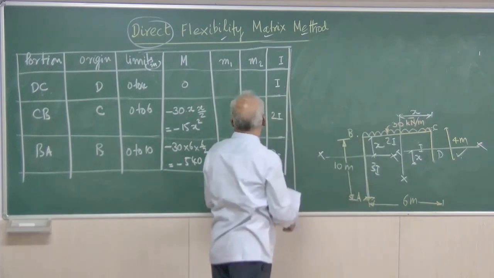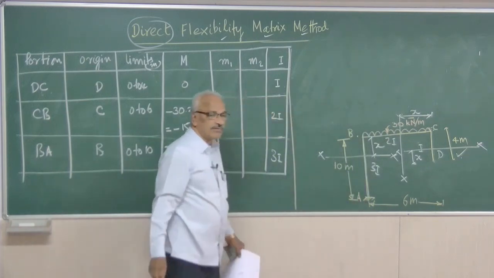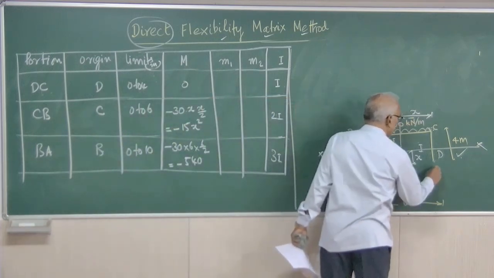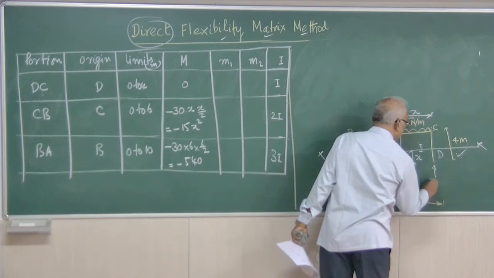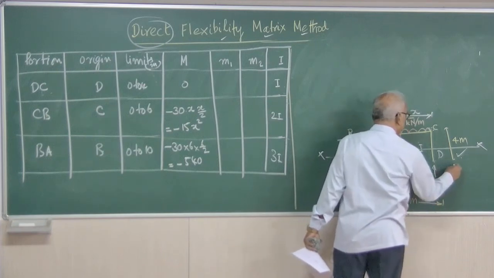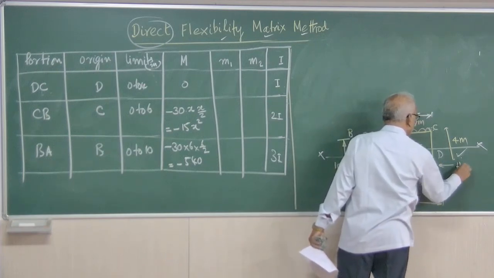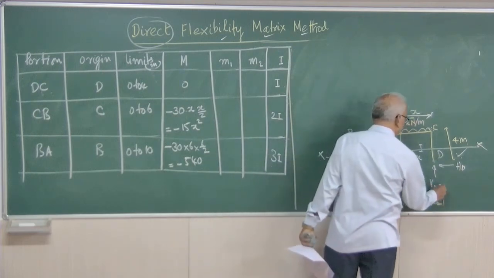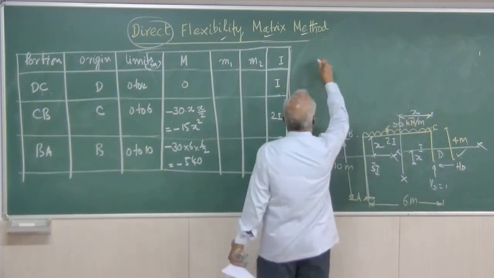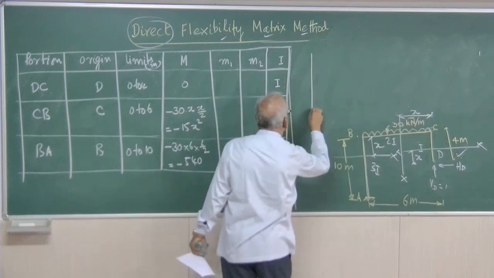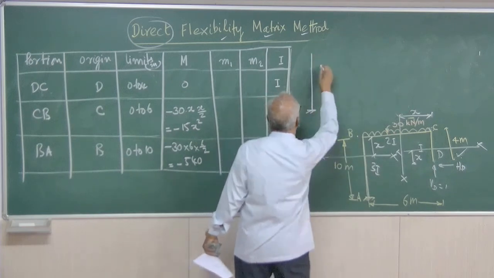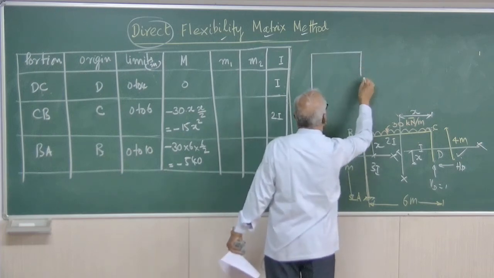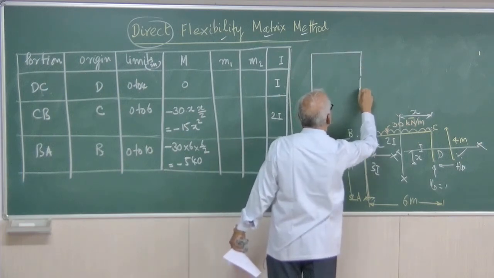Next, for getting the value of M1, we have to apply the redundant 1. So, VD is one redundant, HD is another redundant, right. Now, let us apply VD equal to unity. That is, if this is the frame, we apply VD equal to unity,